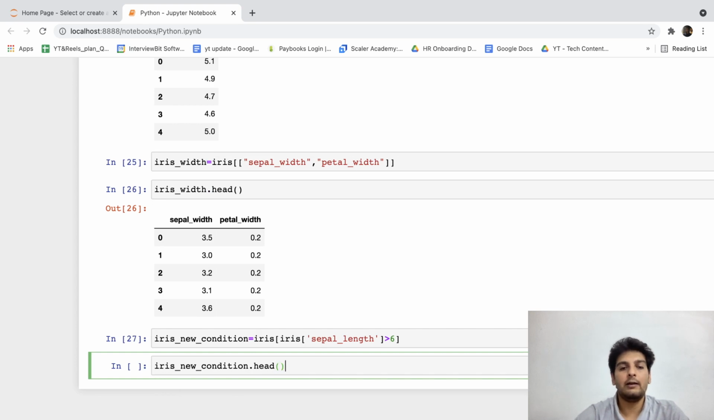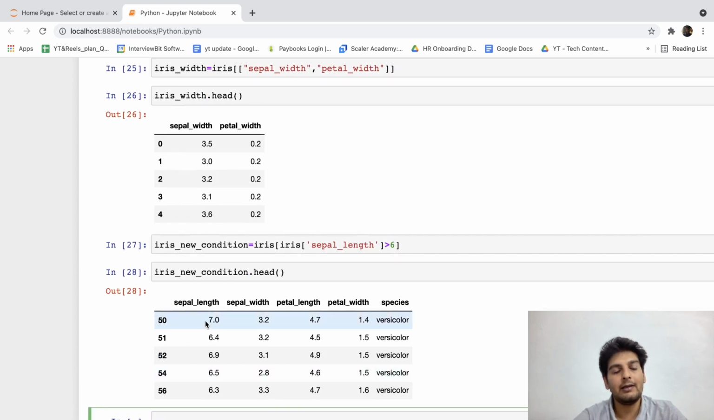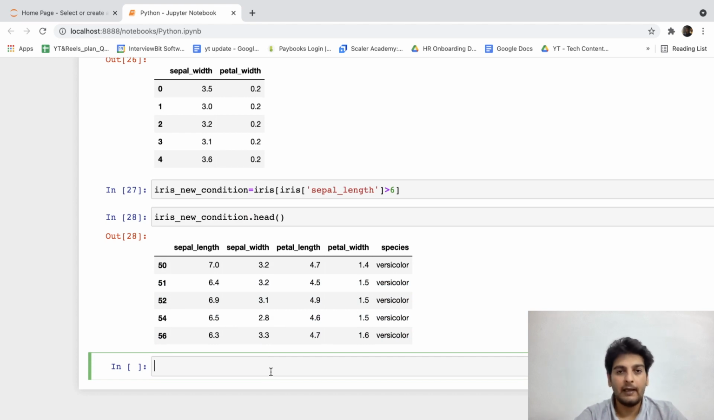Iris new condition dot head, and if you look at this particular column, you shall see that all of the values which are present over here are greater than 6. So this is about pandas. Now we'll go ahead and work with this library called Matplotlib, and with the help of Matplotlib we can